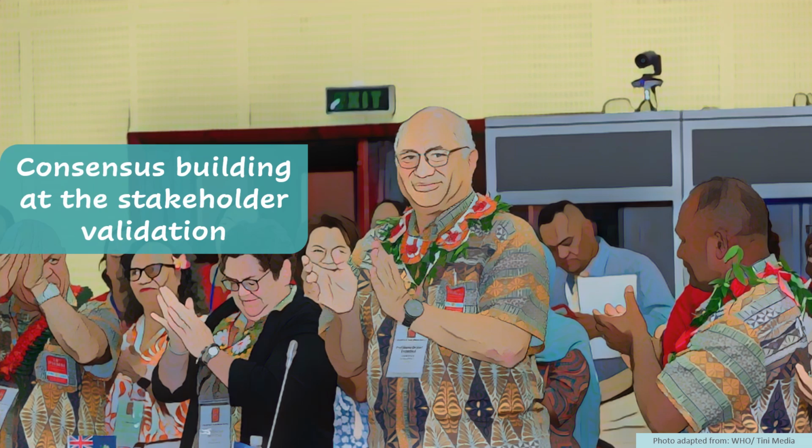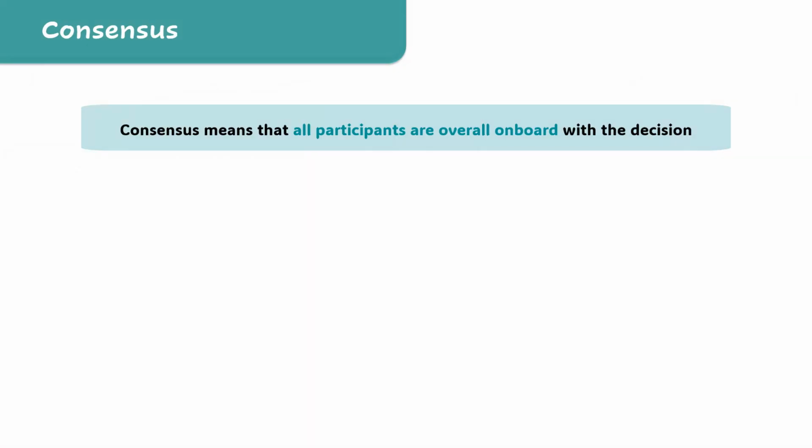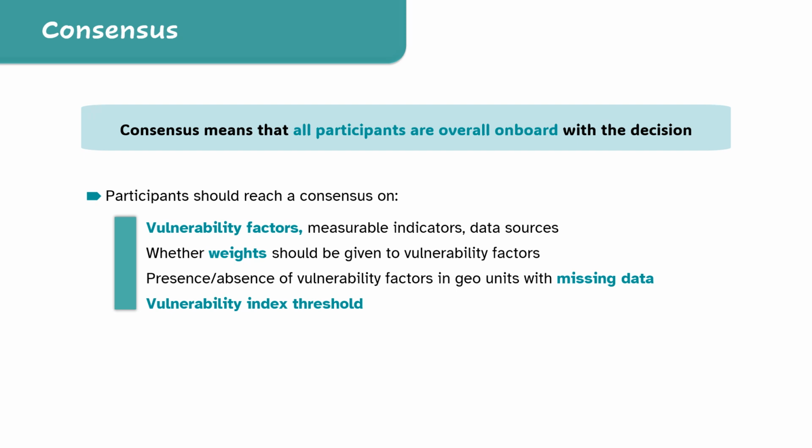Decisions on PAMI are always made by consensus. We will walk you through the approaches that can facilitate consensus building. Reaching a consensus means that all participants are overall on board with the decisions. At the workshop, a consensus should be reached on 4 main dimensions: the relevance of vulnerability factors